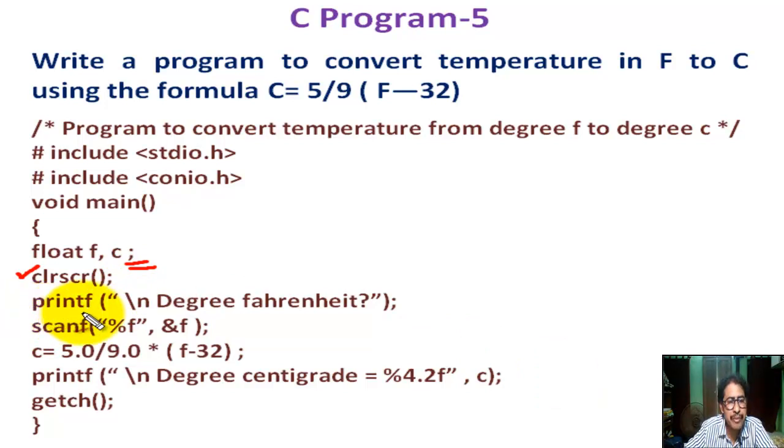Next we write printf within bracket, within quotation write this message: \n degree Fahrenheit question mark. Okay.